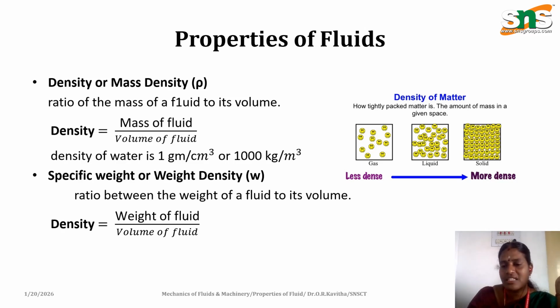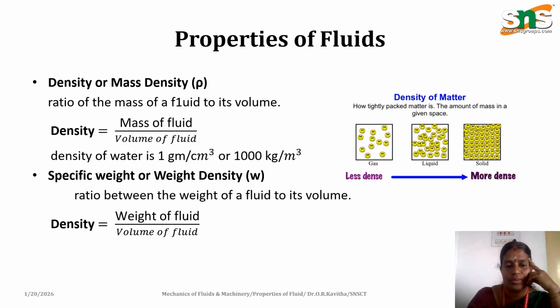The mass is more in solid and less in gas, so the density of solid will automatically be more. The SI unit is kg per meter cube. If I take the standard liquid, water, the density of water will be